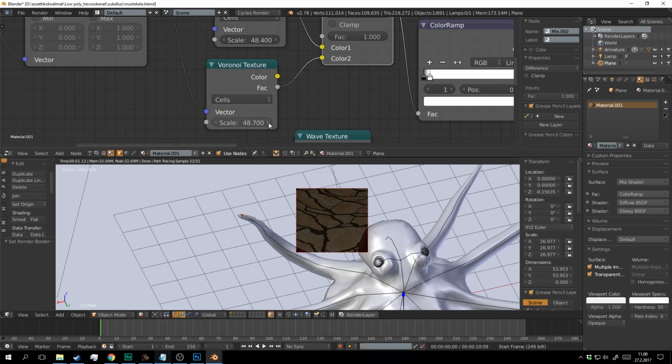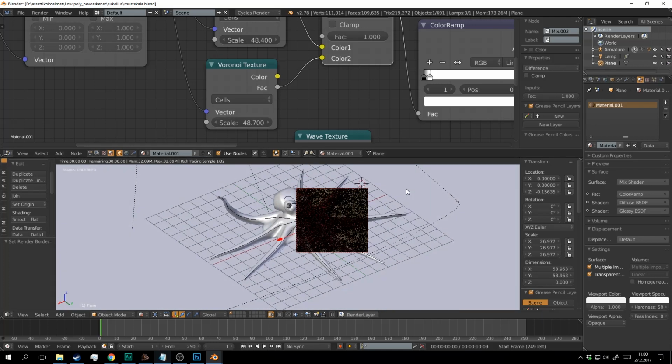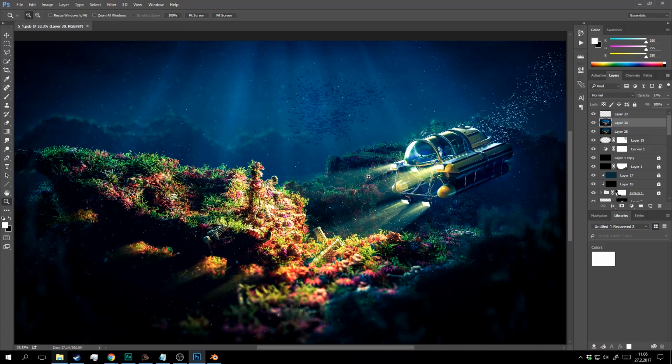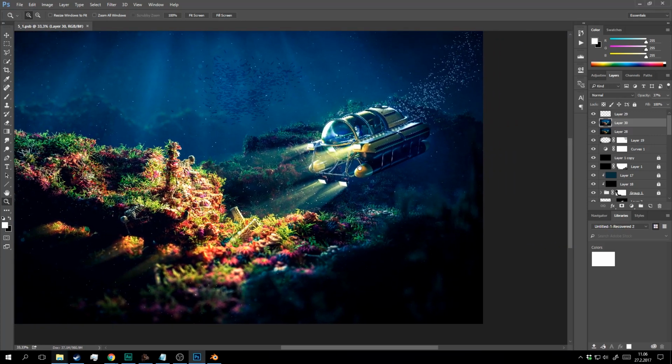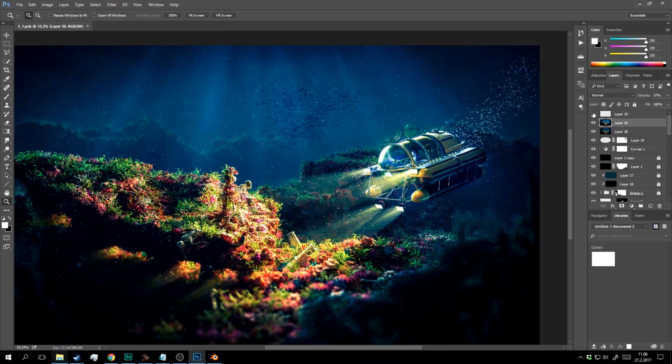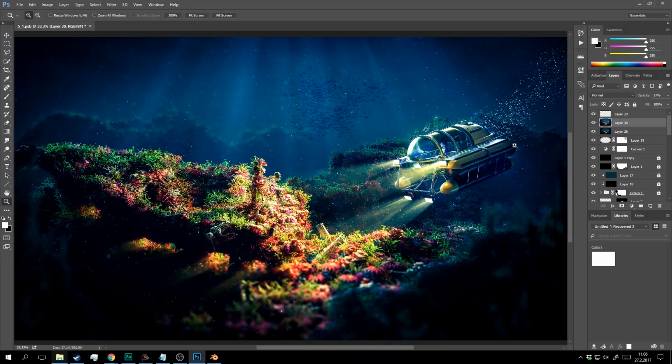Okay, maybe it's time to go to Photoshop to see how the post-processing of this scene is made. Here in Photoshop I have done so many different things. As you can see, I'm quickly removing some effects so you can see what every layer does.